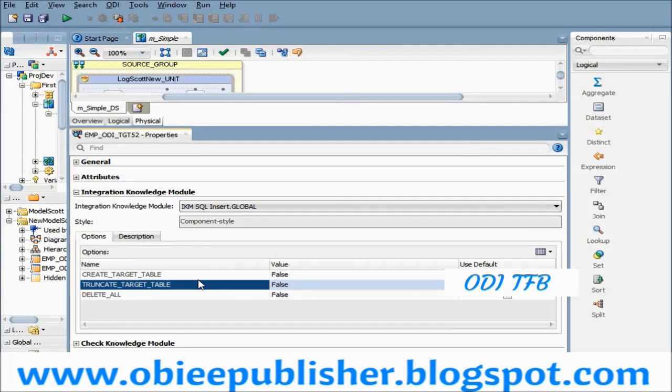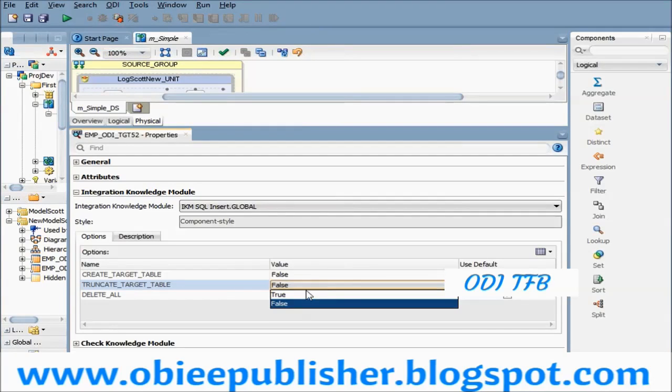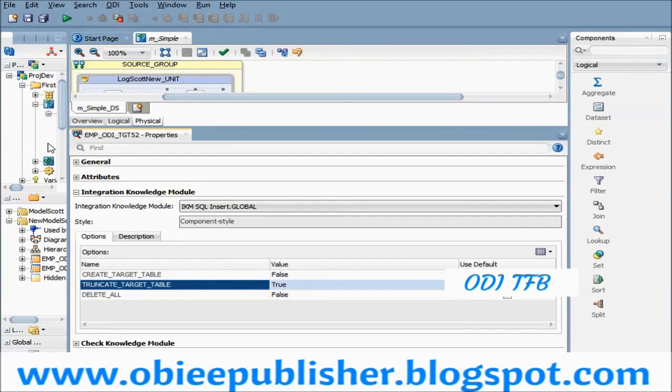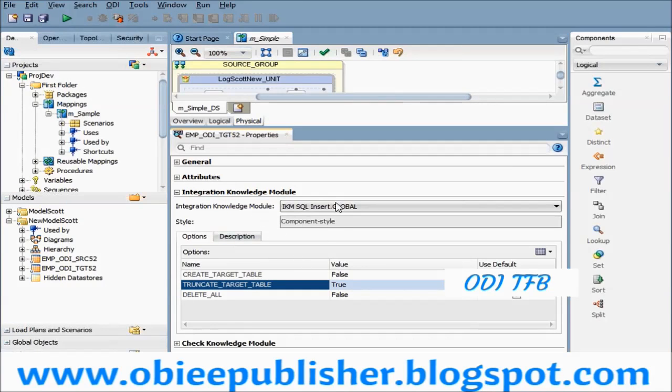If your target table is not there and you want to create it, you can say yes, true, and it will create the target table, but right now it is not required because the target table is already there. Then there is truncate target table. Before inserting data into the target, if you want to truncate the data, you can choose it, otherwise leave it. If I choose this option, you are telling the knowledge module to include truncating the target table in its code generation. So before inserting, it will truncate the target table and then insert. Every time, whatever I insert will be fresh. You can see fresh data in the target.